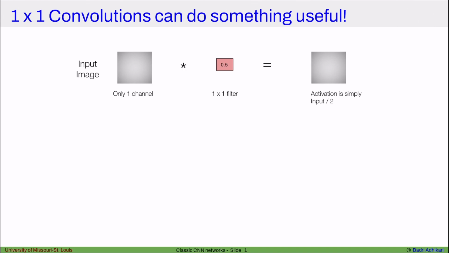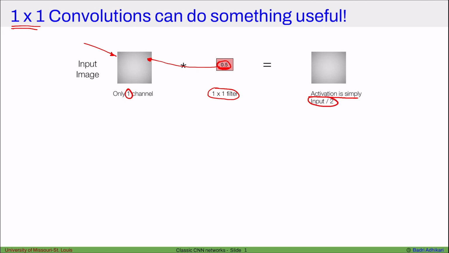In this video, I will discuss the purpose of one-by-one convolutions. So basically, I will explain how one-by-one convolutions can do something useful. Say we have an input image that looks like this, and let's say it only has one channel. And say we want to apply a one-by-one filter, and let's say the filter value, since it's one-by-one, is only 0.5. So if we convolve this filter into our input image, the output, the activation is simply input divided by